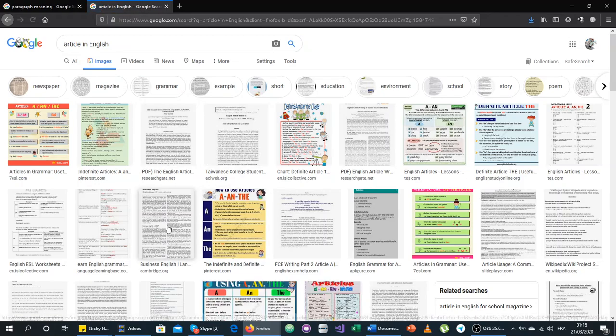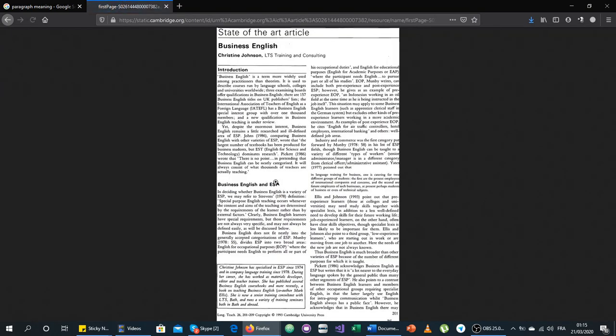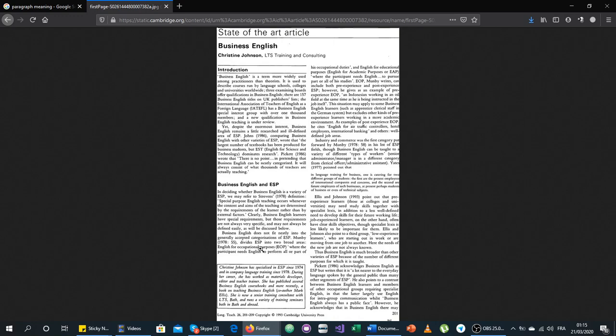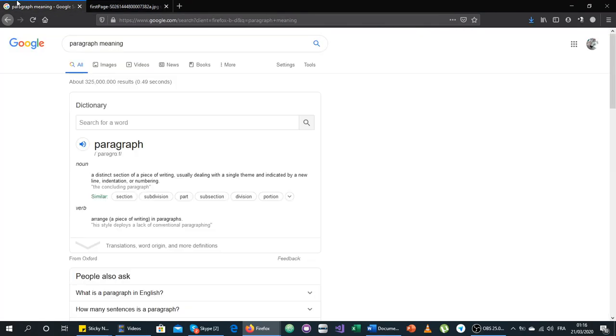If we go and check, for example, article in English, here we have an article like this one. So this article contains paragraphs. This one is the first paragraph, which is the introduction. Then we have a second paragraph, third paragraph, fourth paragraph, and so on. So a paragraph, according to the meaning of Google, is a distinct section of a piece of writing,